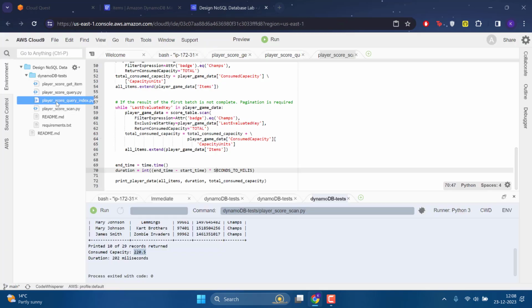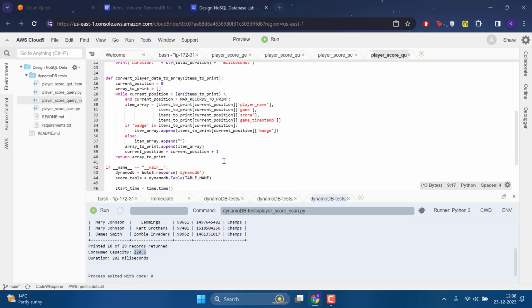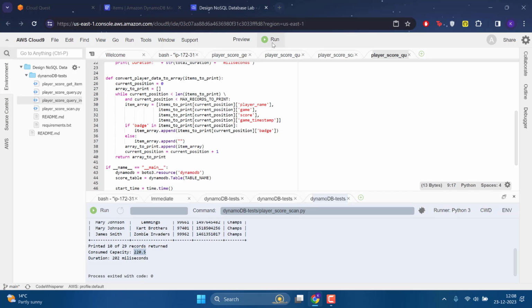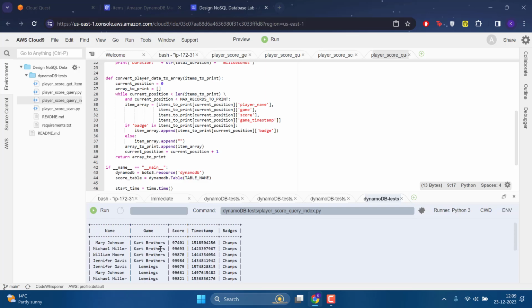So now let's go here, and I think this is our index. Now let's run it from here. Similar to whatever we have done here, this does the same thing. If I run, it should take only 0.5. It should only consume 0.5 capacity to give 29 records, and which indeed it did.